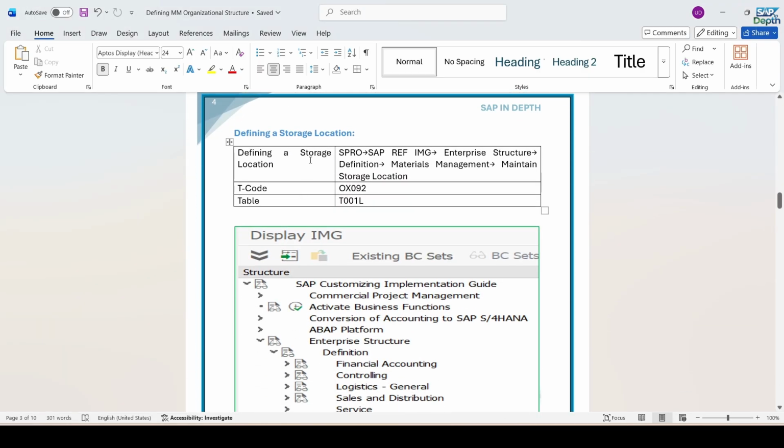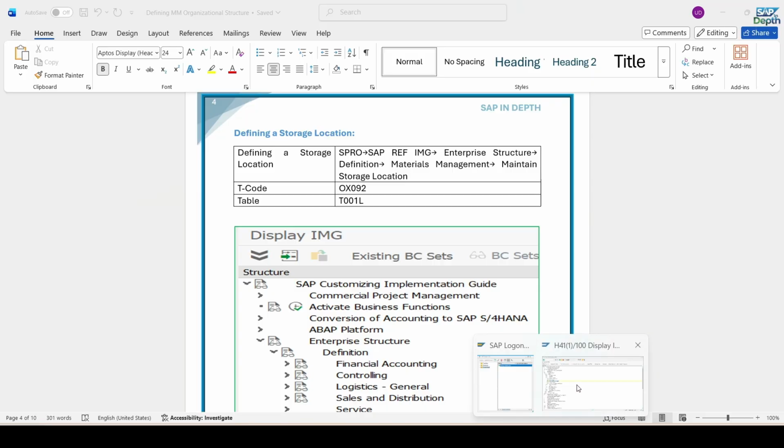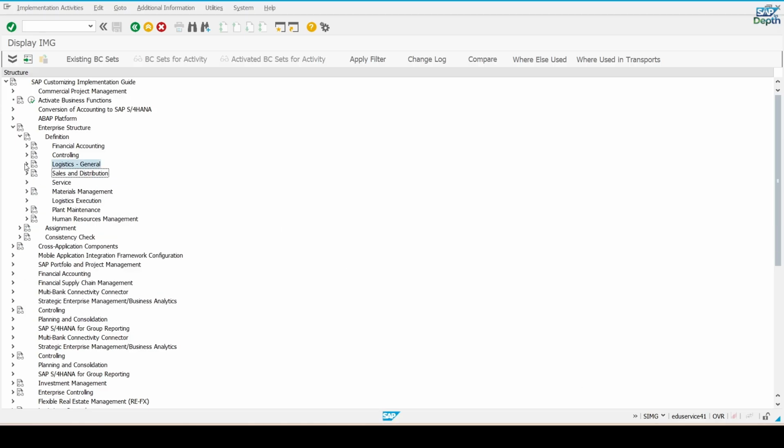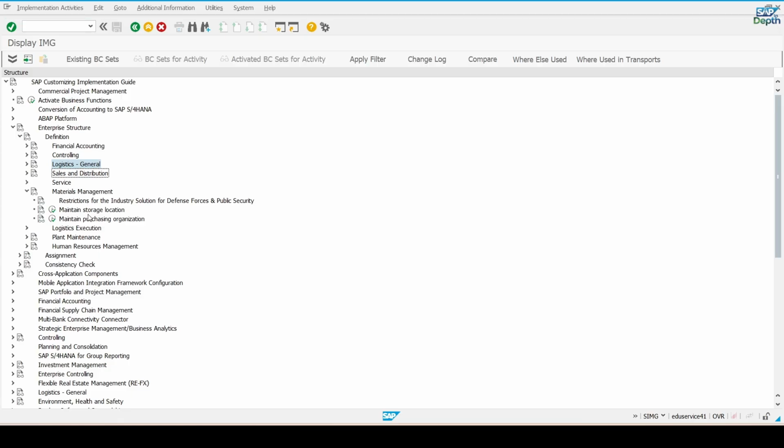Under plant we have the storage location, right? If you want to create the storage location, you have to follow this path: SPRO, SAP Reference IMG, Enterprise Structure, Definition, Materials Management, Maintain Storage Location. Again, just close this Logistics General, go to Materials Management, and here you can see